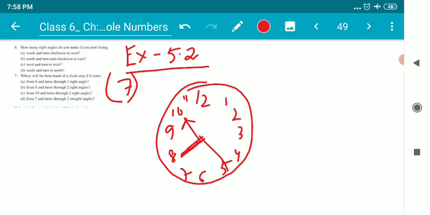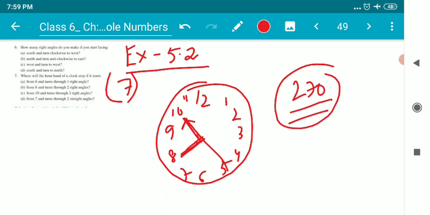Another way which I've explained in the previous video: 3 right angles means 3 nineties are 270. So count 270 degrees from 10, as each gap is of 30 degrees. So a 9 number gap means I'll count 1, 2, 3, 4, 5, 6, 7, 8, 9. I'll come and stand at 7. Children, from 10, I'll stand at 7 in order to get 3 right angles.